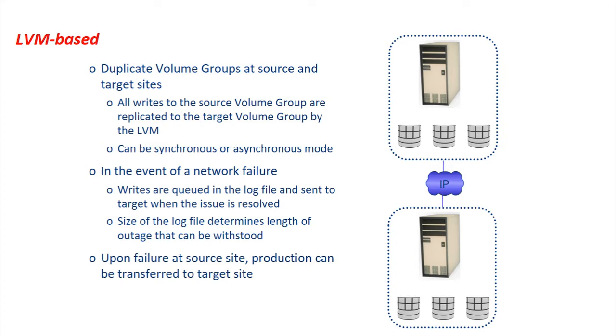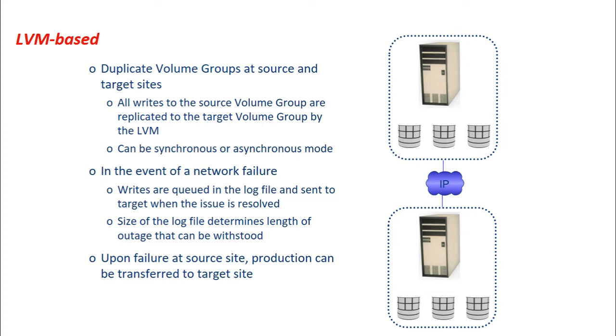Alternatively, this initial synchronization can be performed by replicating over the IP network. Until the completion of the initial synchronization, production work on the source volumes is typically halted. So we need to observe one thing: until the initial synchronization, which involves creating identical volume groups, logical volumes and file systems, is completed, we cannot begin the production work on the source volume. The source volume cannot be used for production work until the initial synchronization is completed.